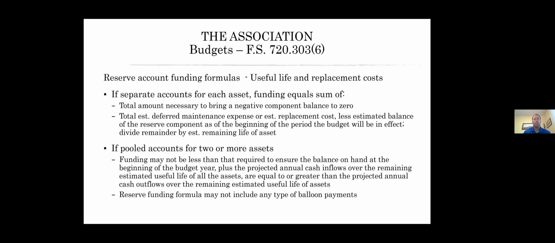So back to the example. $7,000 sometimes is a big number to take on, and so the second methodology would be to have a pooled amount. Maybe you would combine the pool and the clubhouse into one, and then have the gate as a separate thing. We're going to show you a couple of examples in a second, but the pooled methodology would blend two of the elements so that you may have a longer period of time to fund those things, because the roof will probably outlast the pool. We're going to show you that here in just a second. All right.